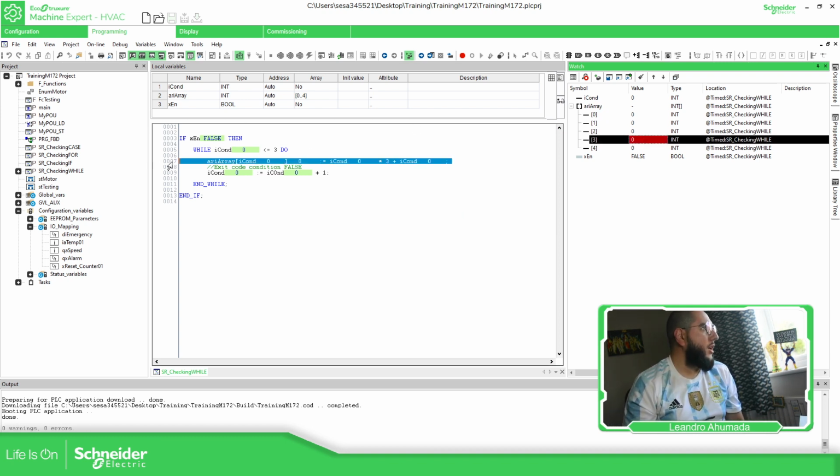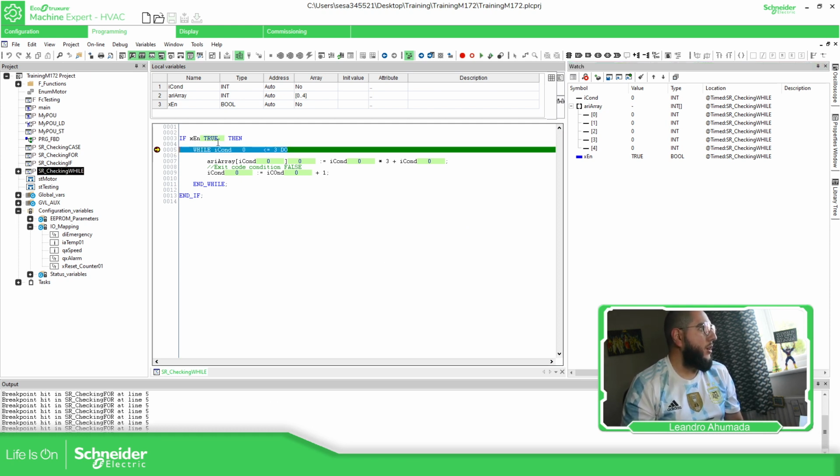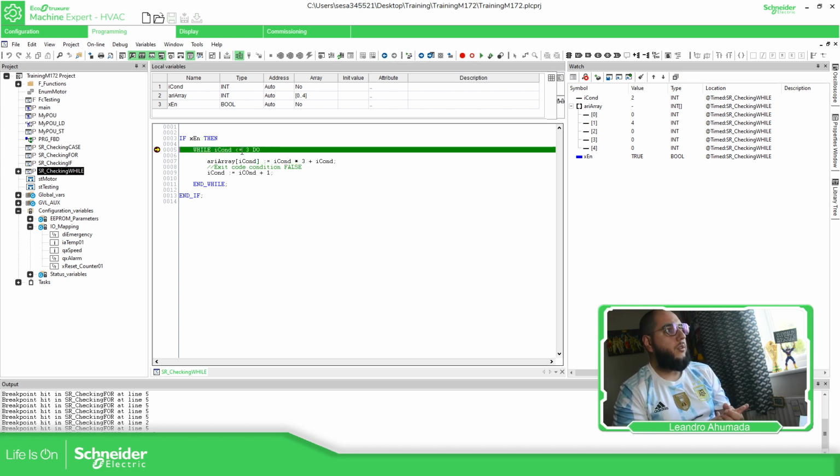Good. So let's add a breakpoint here. So I'm going to execute this part. As you can see now, it comes here. As the condition is true, it can execute everything inside the while. So I'm going to run until the next one. Okay, so now the condition is 1. It's going to run everything just one time. Good. Number 2, it's going to run it, and this condition now is